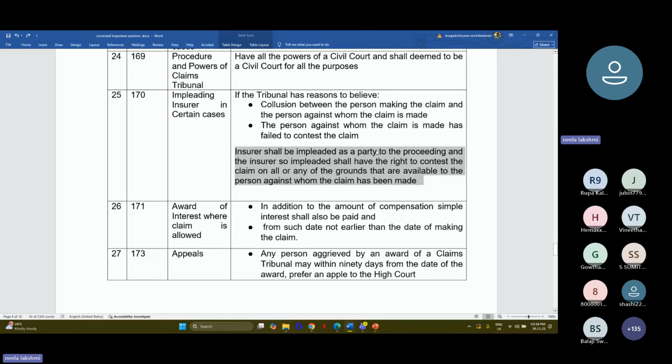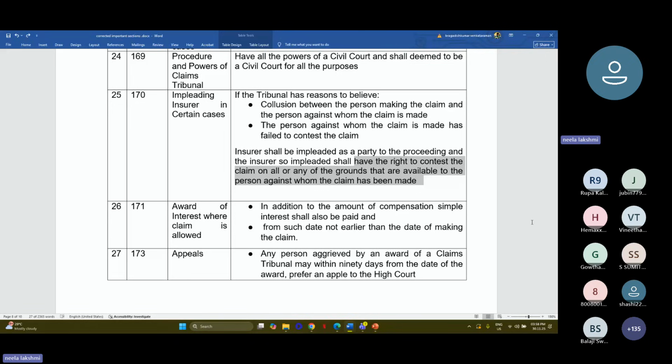The insurer shall be impleaded as a party to the proceeding, and the insurer so impleaded shall have the right to contest the claim on all or any grounds that are available to the person against whom the claim has been made. Against whom has the claim been made? Against our insured, the claim has been made. You should understand